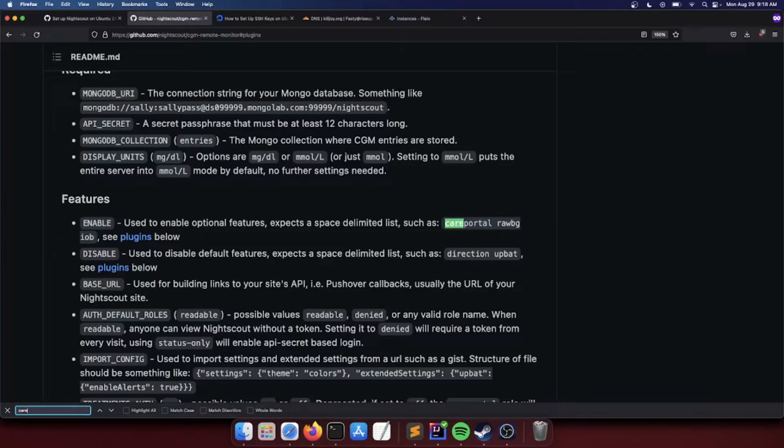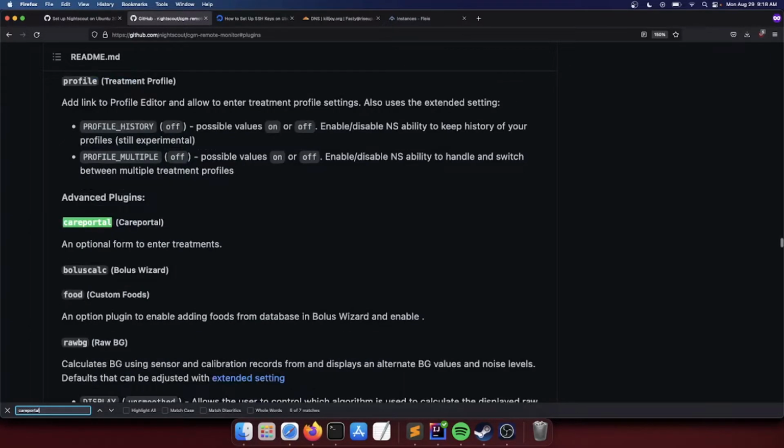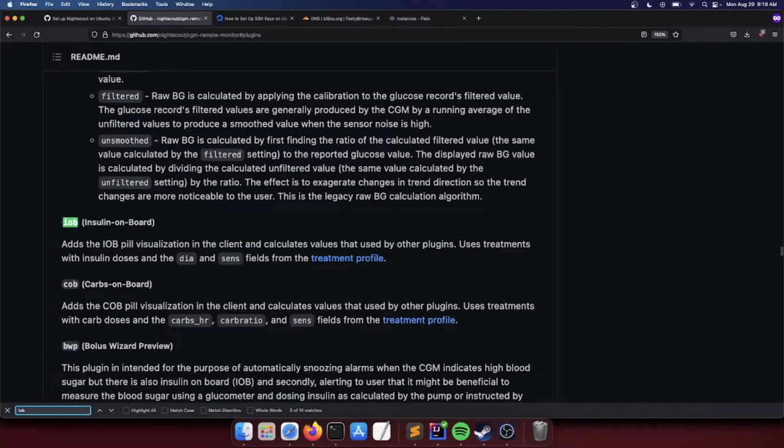So what Care Portal does, let's search it up. It's an optional form to enter treatments, and what Insulin on Board does, it adds the pill visualization in the client and calculates values that are used by other plugins, and it kind of hooks into Care Portal.